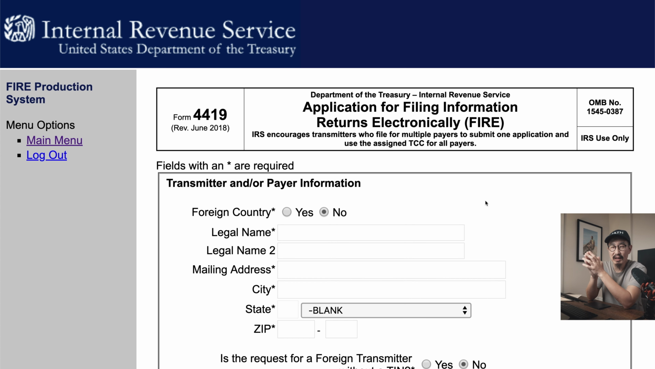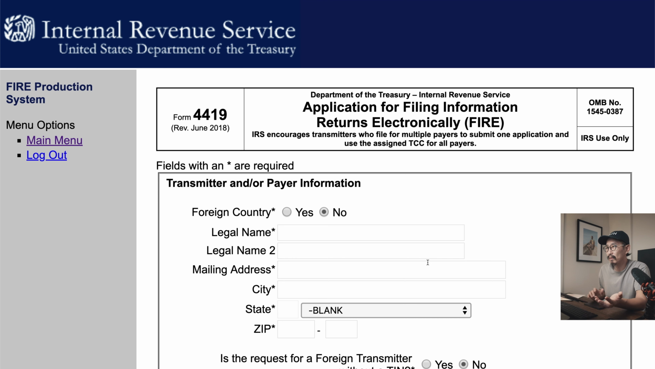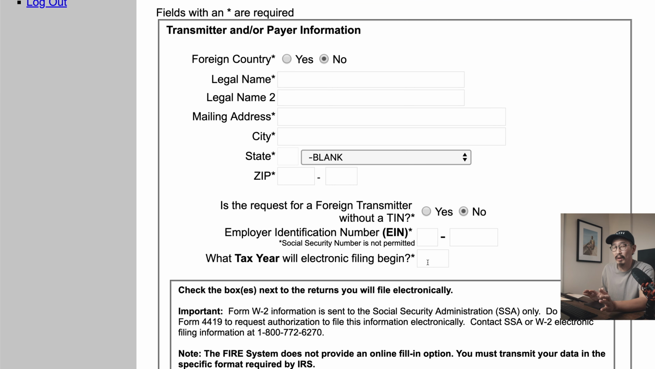In order to file electronically, you have to sign up for a FIRE account using Form 4419. And if you look here, it says you need an employer identification number to sign up. Social security numbers are not permitted. So there you go, that's the one caveat to that. If you don't have an EIN, you have to sign up for your EIN first, right away, before you can sign up for FIRE, which stands for Filing Information Returns Electronically. Or if you don't want to go through all of that right away, for whatever reason,